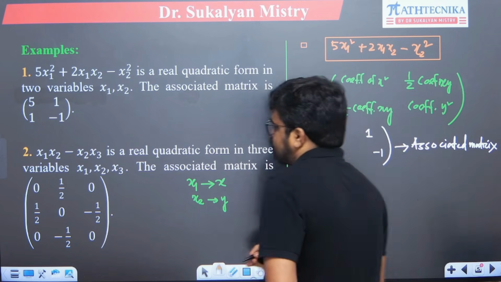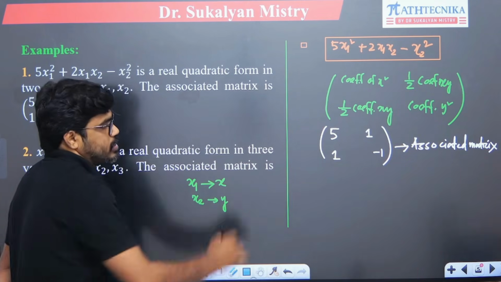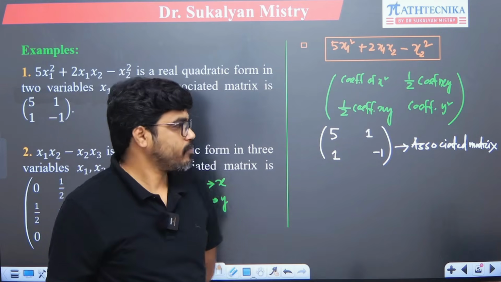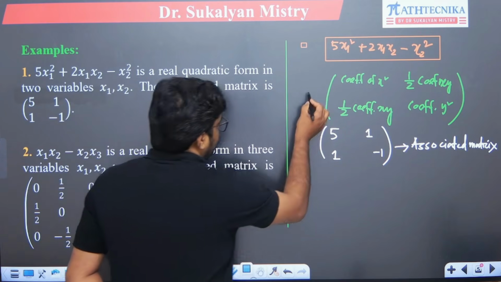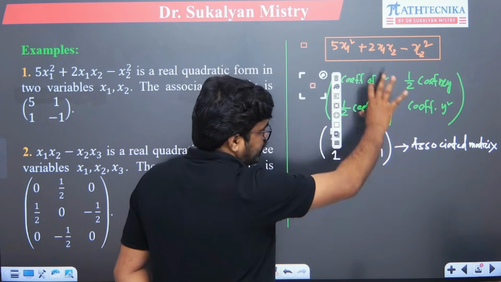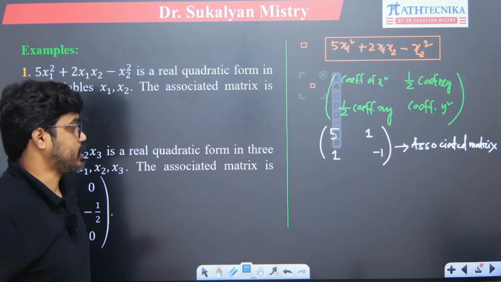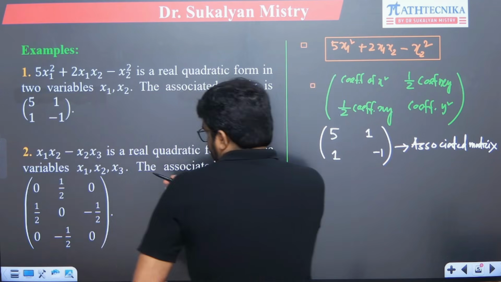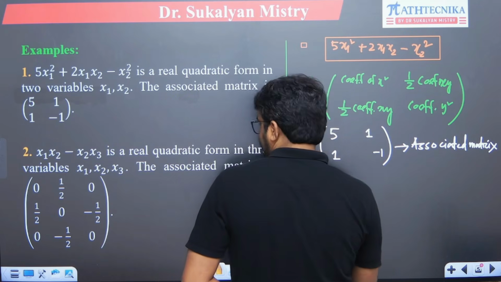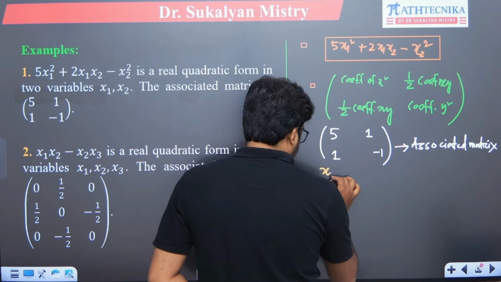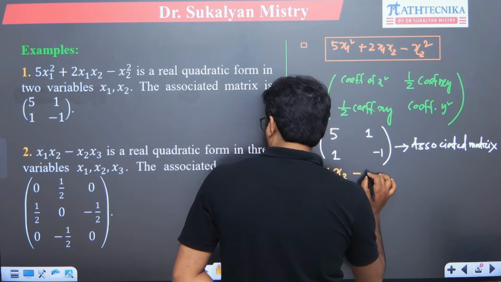This is the associated matrix for this real quadratic form. Okay, ঠিক আছে? So next example, so this is very important. For a 2 cross 2 matrix we get a real symmetric matrix. Okay, so next if we consider this example, suppose we have a real quadratic form x1 x2, right, minus x2